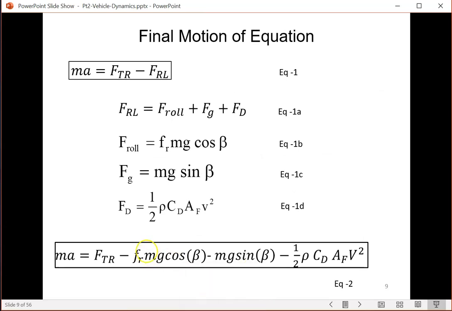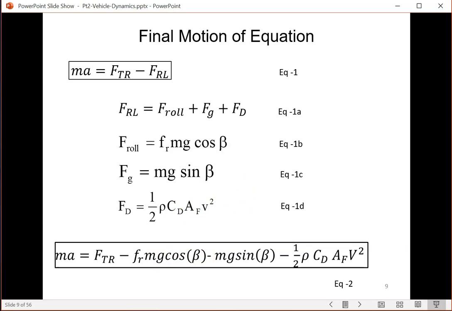To work out that, we say the vehicle drives to a high speed but keeps the speed there. Therefore, when the speed is constant, a would be equal to 0. Therefore, the left-hand side of equation number 2 would be 0. So I can move all the terms to one side. So these terms, when at a constant speed, all the resistance